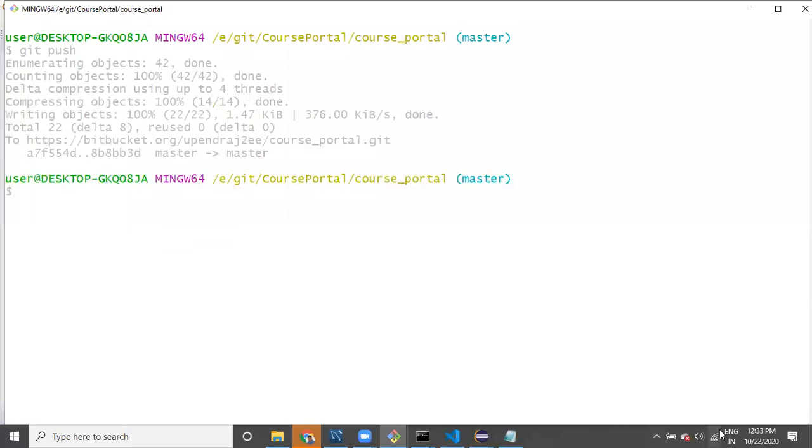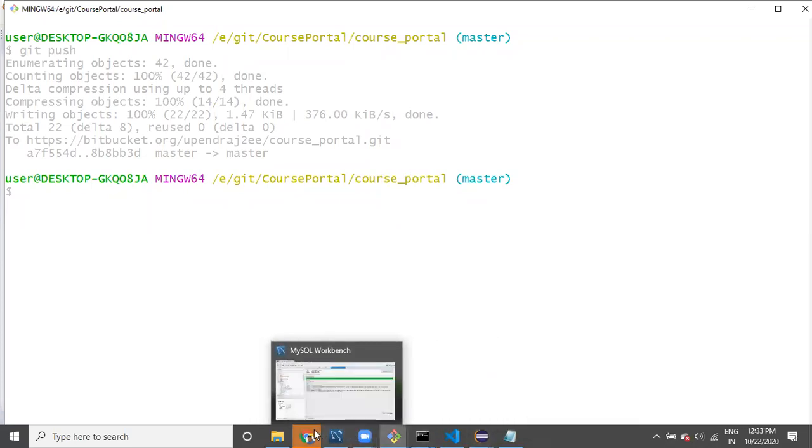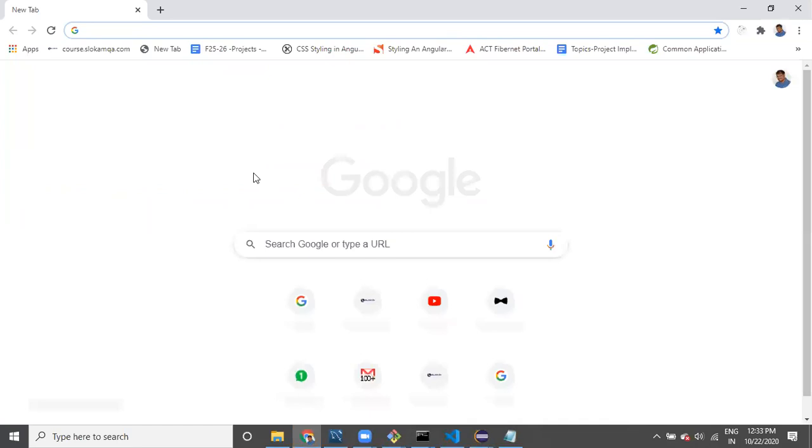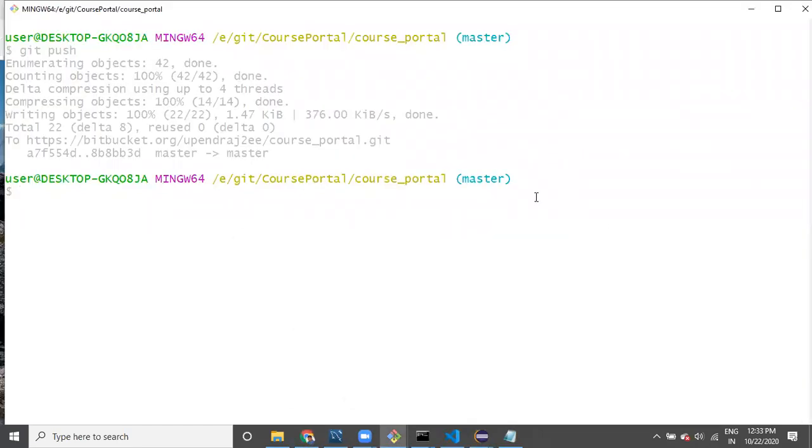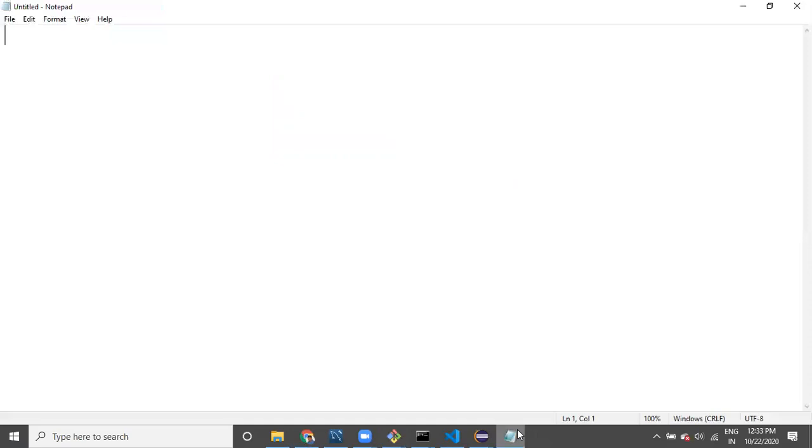Right, now see here guys, if I go to the server code, the latest code will be available. So what are the steps we have done, guys? The first step is git status, for verification.